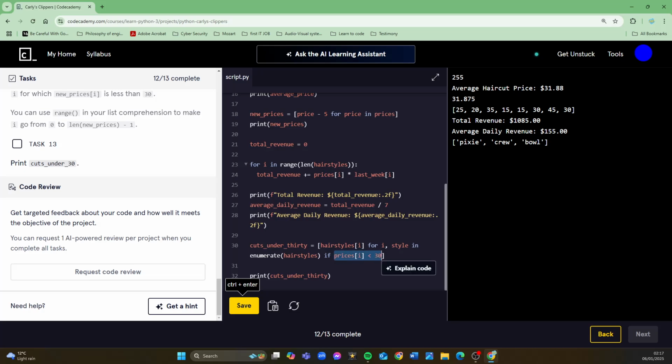So that's the condition. We have the for in. We're saying for I, comma style in hairstyles, but instead of hairstyles, we're saying enumerate hairstyles, the enumeration of hairstyles. And that's a point as well. You have to put enumerate hairstyles. Why don't we ask about that?